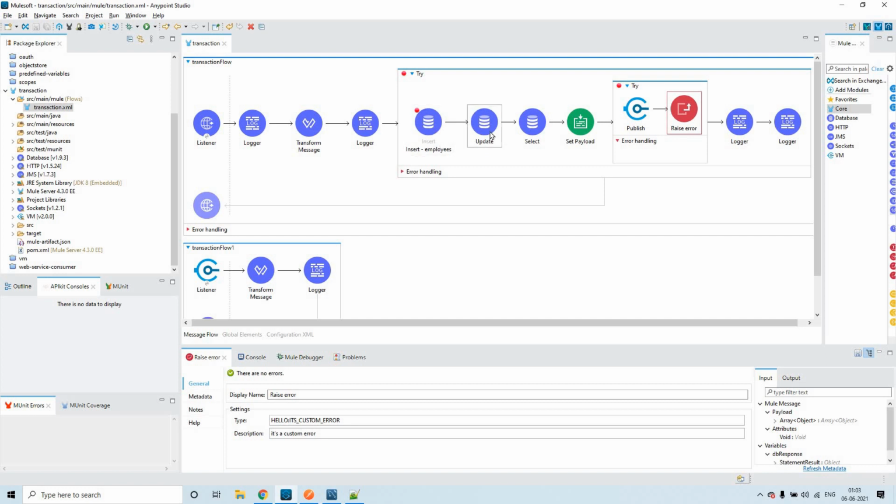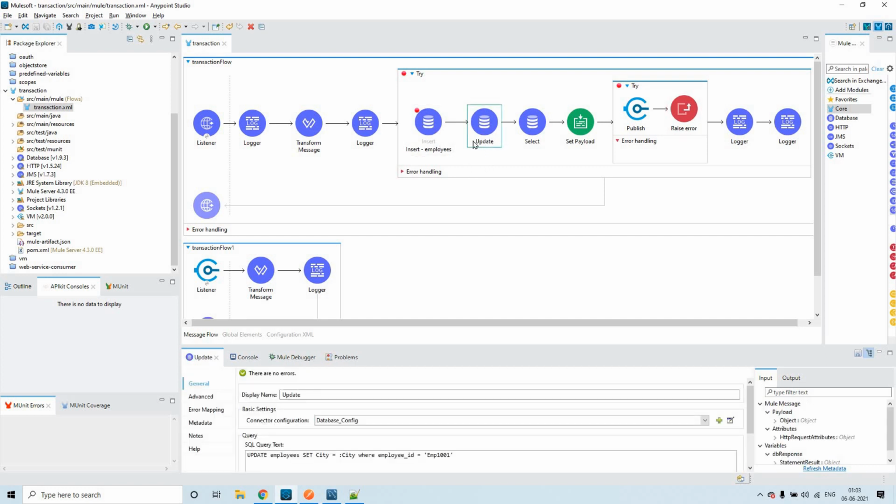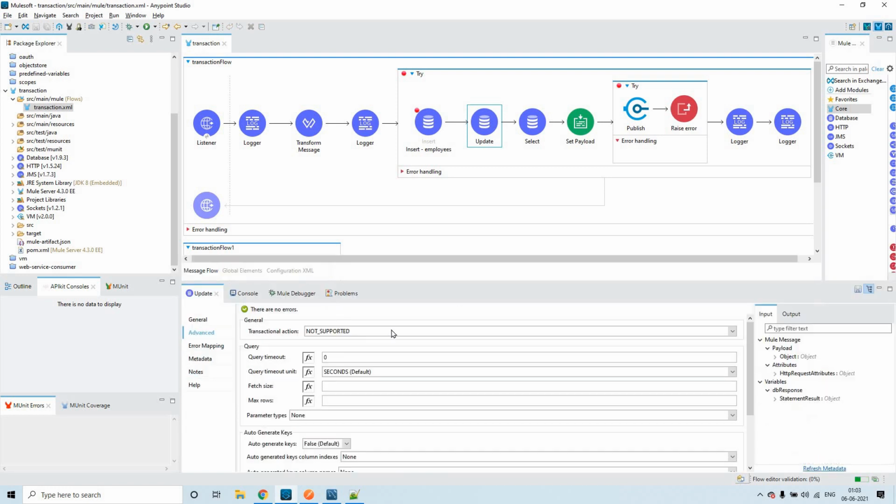What do you see here? In the update, in the advanced section, I have set it as not supported. That means this will be excluded from this transaction. Though it is inside the transaction, it is not part of the transactional behavior.